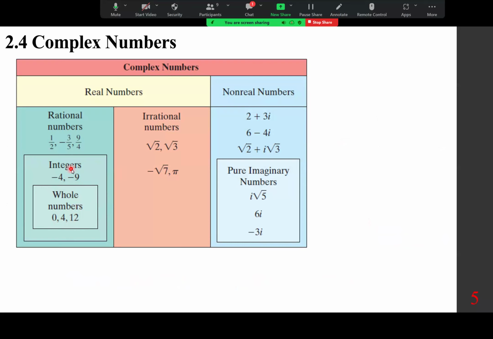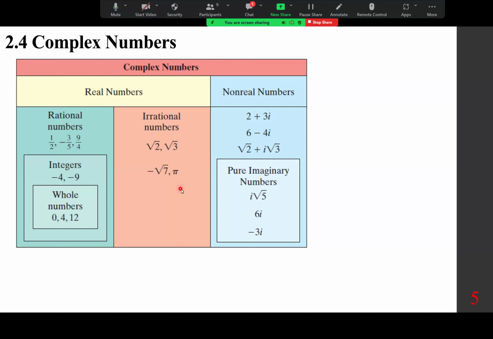We have rationals such as 1/2, -3/5, 9/4, any number that you can put in the form of a fraction where the top and the bottom are both integers, like decimals, repeating decimals. But something like square root of 2, square root of 3, pi, and so forth,